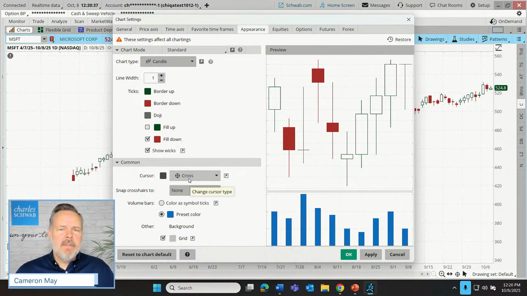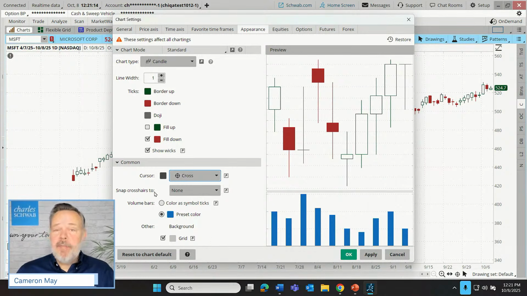But some traders don't even need the crosshairs. So my personal preference is I like those crosshairs because I can align price with time. Just move that around, and I can see the intersection of those two elements of a lot of different trades. But for some traders, maybe they only need to see a horizontal line representing price levels, or maybe they just need to see what's going on from day to day using a vertical line, or maybe no preference at all. They just want to have their cursor on the chart. My preference is to have the cross, so I'm going to leave that on cross.